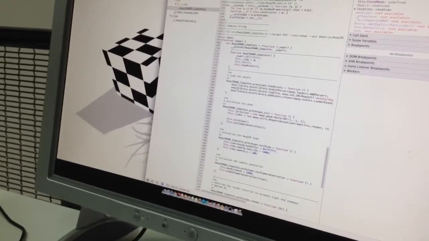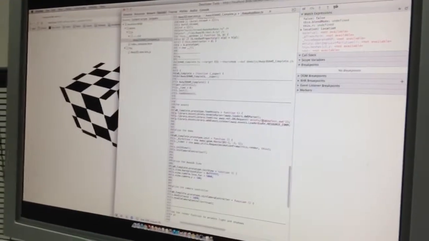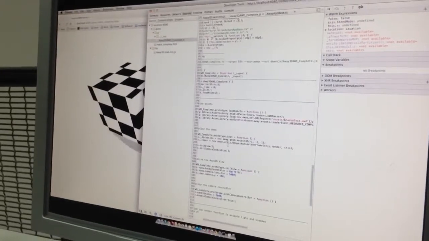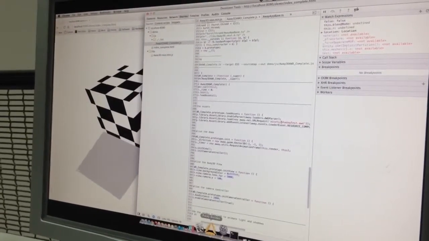This line here is actually loading in a file, and I can see that it's loading in a file called shadow test. Okay, so I save the file as